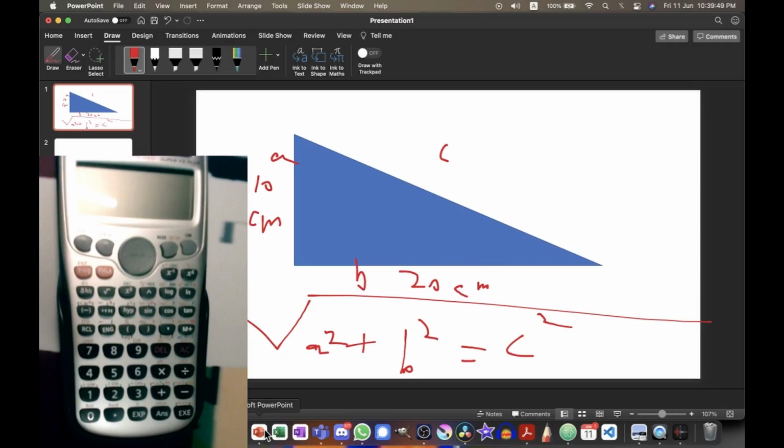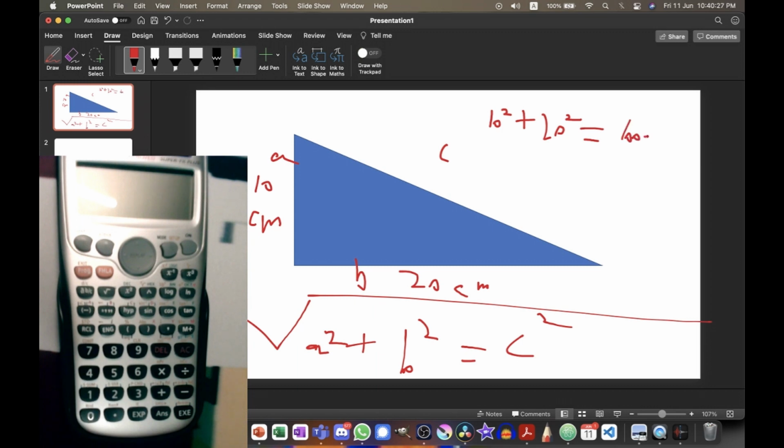So, I will put up a few examples and tell you how to calculate them. So, the Pythagoras theorem equation is the root of a squared plus b squared equals c squared. So, for example, in this one a is 10 cm. Now write that down, and then we square that. For b, pretend that in this example it's 20 cm. That means 20 cm squared equals